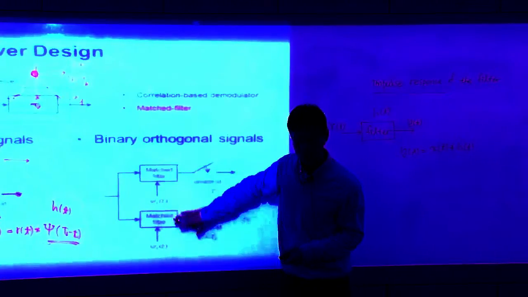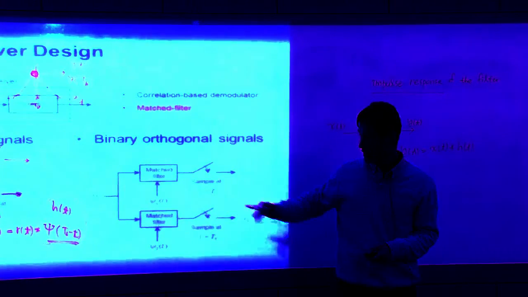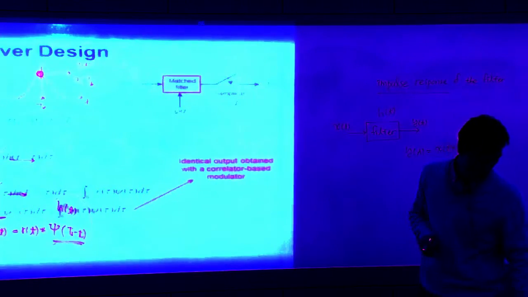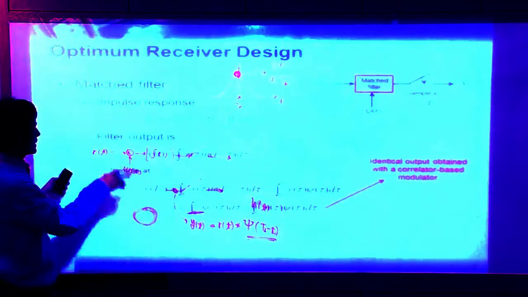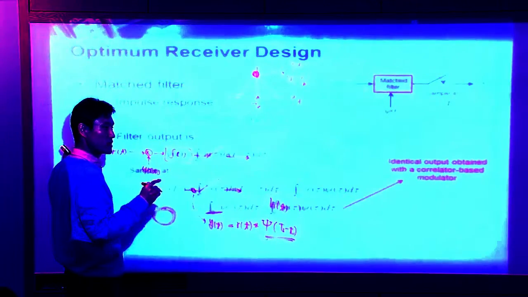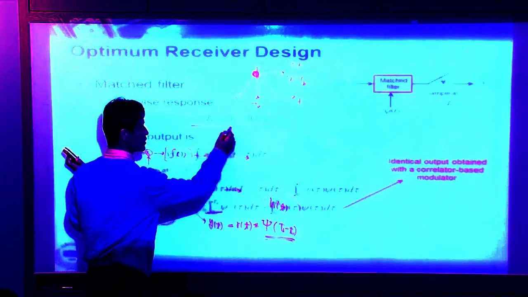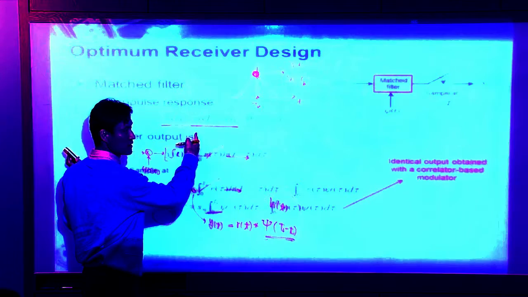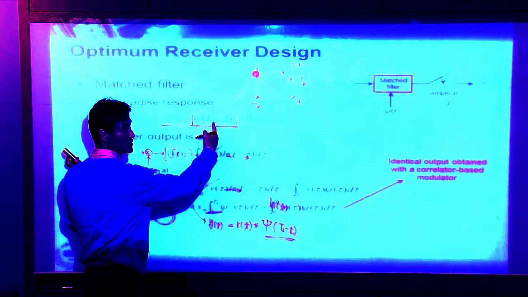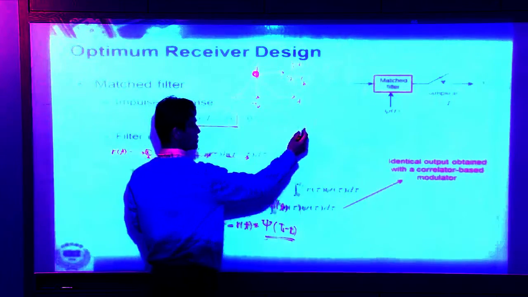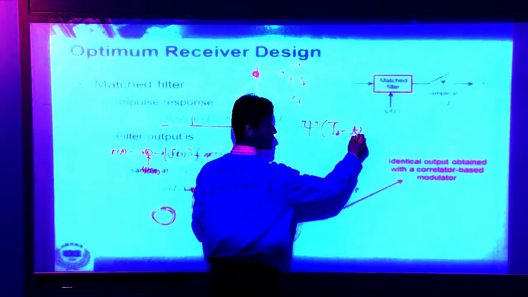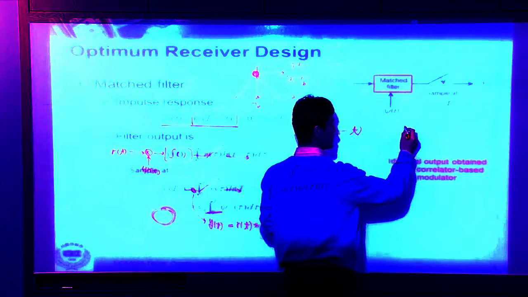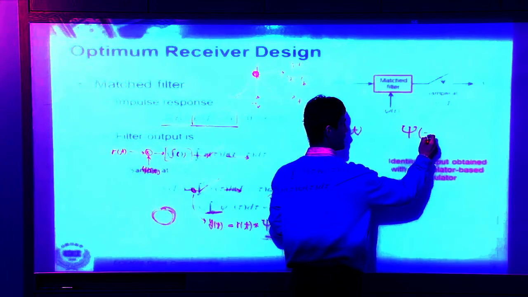You're going to use the same thing for thermal signals, and I'm going to look at that in the next slide with the equation here. When you look at this equation, it's much easier to understand. As I said earlier, for our matched filter, we're going to use this one as the impulse response. Look at here. This one is psi(TB minus T). So basically, when you have minus T,